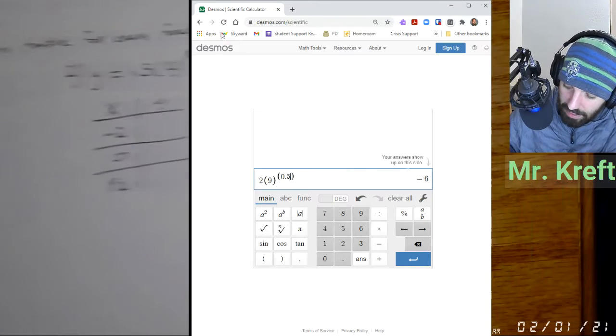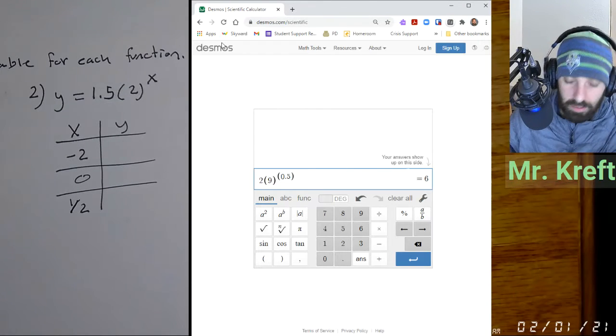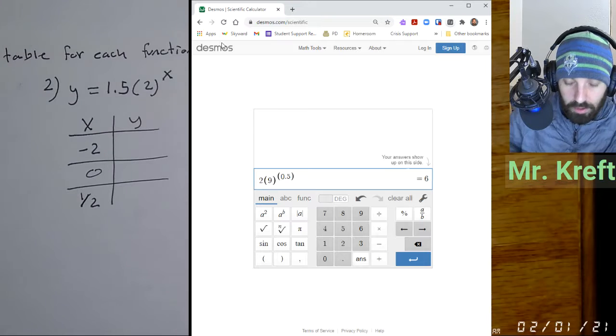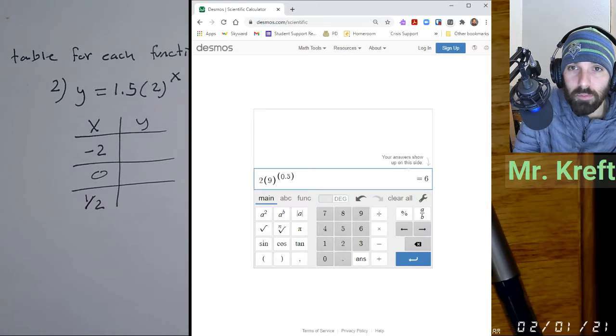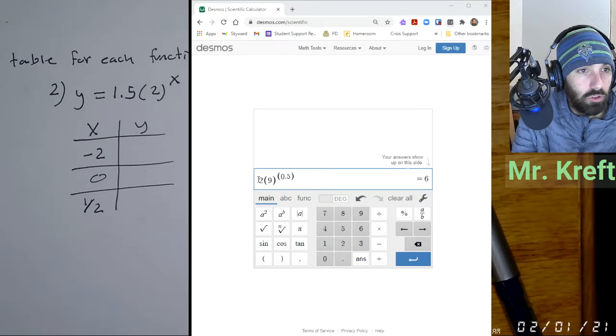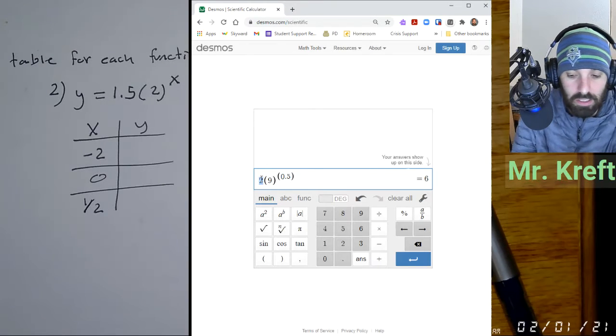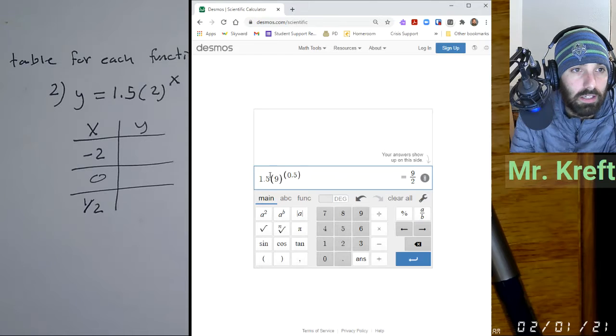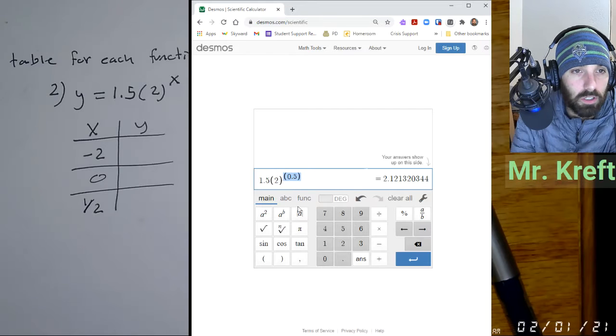Let's go ahead and take a look at this next one. Okay, so I have some new numbers. So what I'm going to do here, sorry, I'm running out of mouse room here. We're going to change this. So this is going to be 1.5. And then this, my base, is going to be 2. And then my x, we're going to start with, I just want the inside,